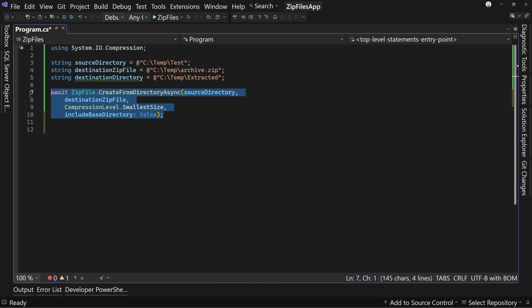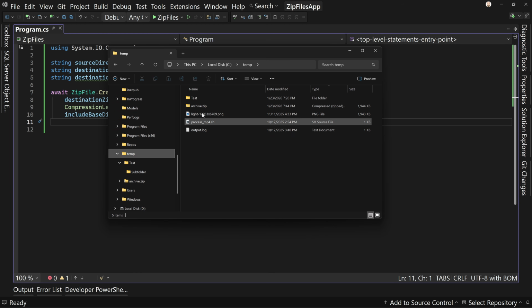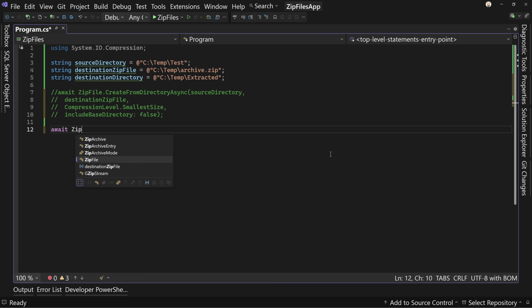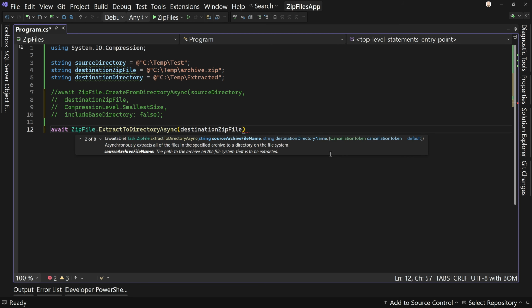That's our create from directory. Now, actually, let's run this one more time, just so we have that zip file there. Okay, so archive.zip is now there. Now I want to comment this out, and I am going to create our one-liner for extracting it. So await ZipFile.ExtractToDirectoryAsync, and the destination zip file and the destination directory, and then